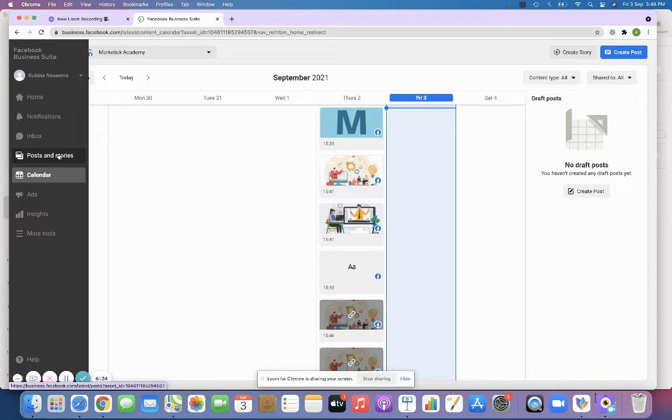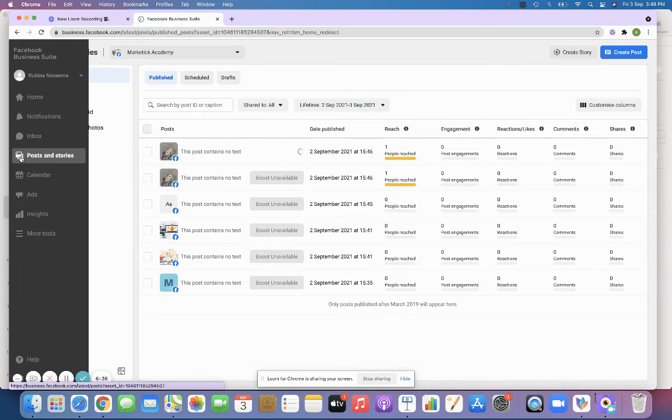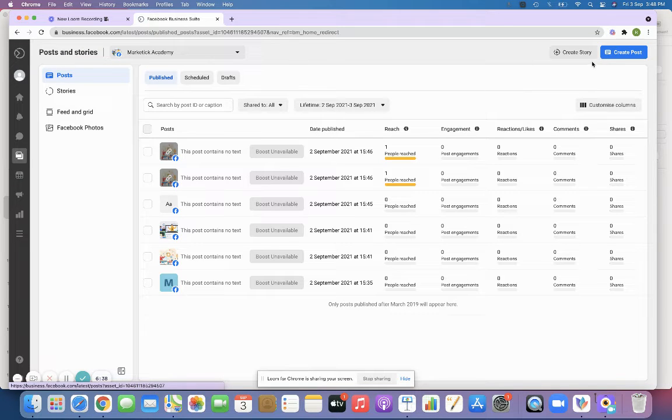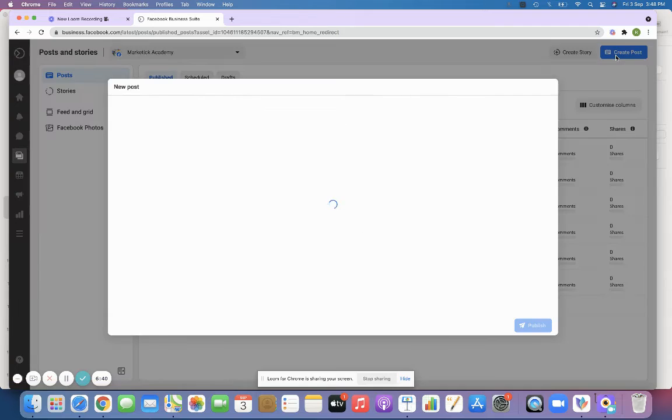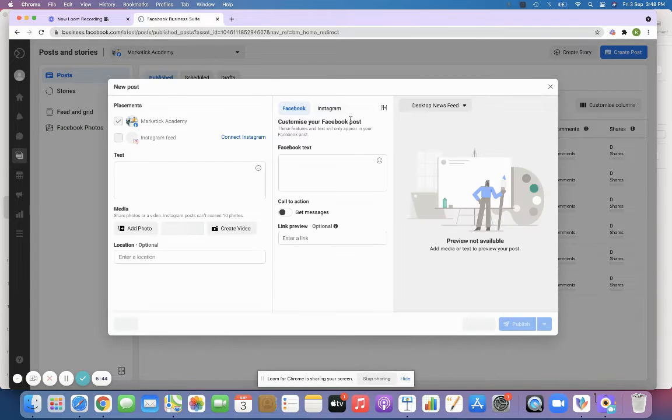And one more thing is when you go to post and stories, you have an option called create a post, right? Create a post is nothing but instead of going directly to your Facebook page and posting, you can do the posting directly from your Facebook business account itself, right? So all you have to do is select your Facebook and Instagram account.